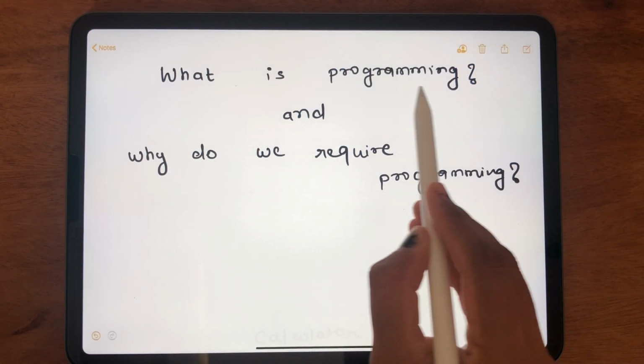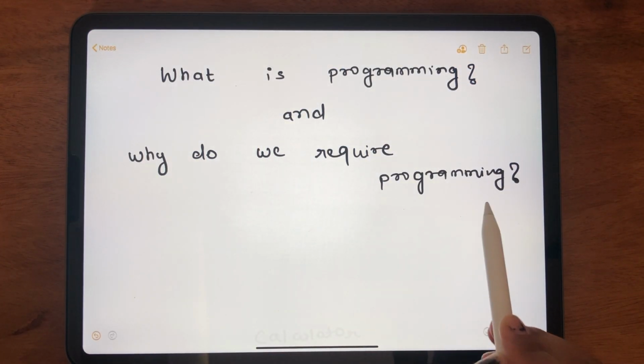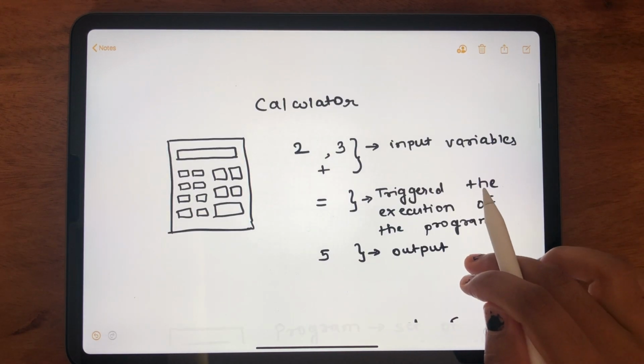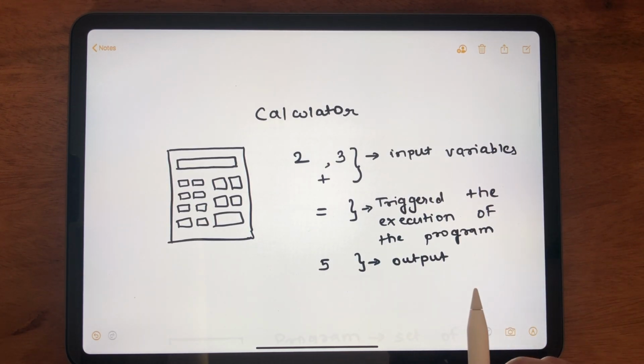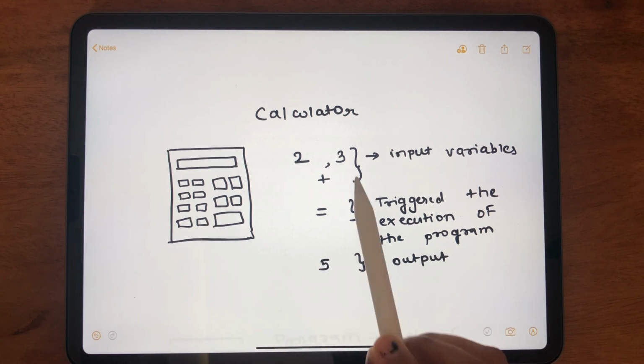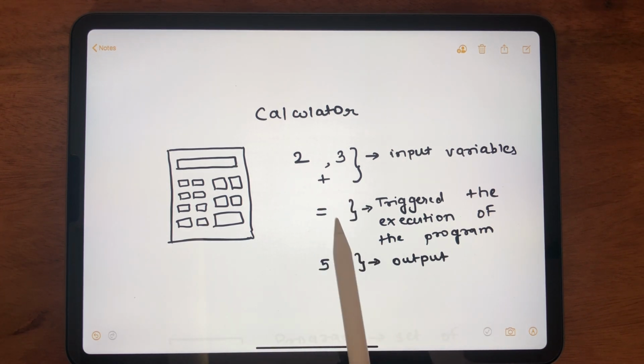Learning what is programming and why do we require programming. So for that, let's take the example of the calculator. How does the calculator work? We enter the input variable here and we trigger the execution of the program in backend and we receive the